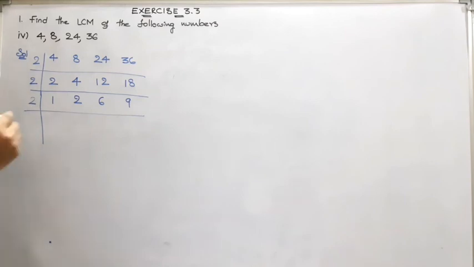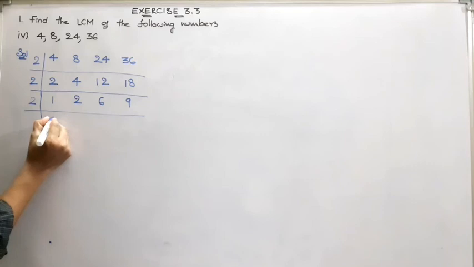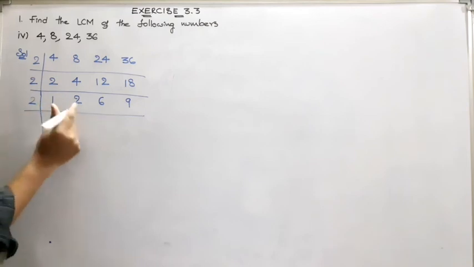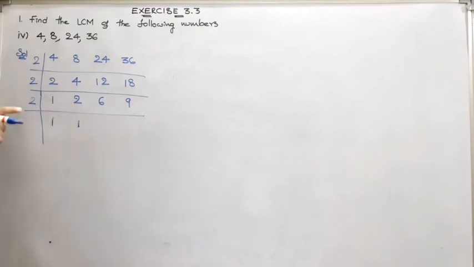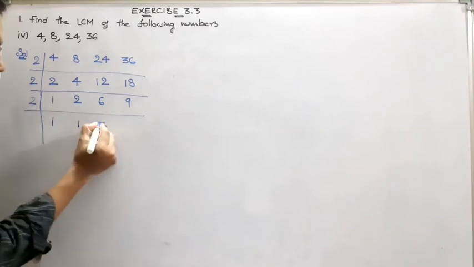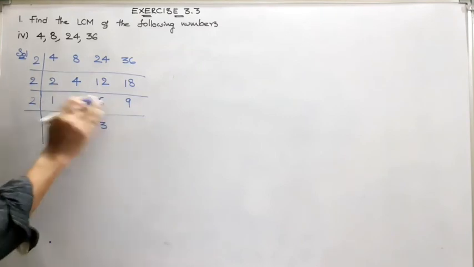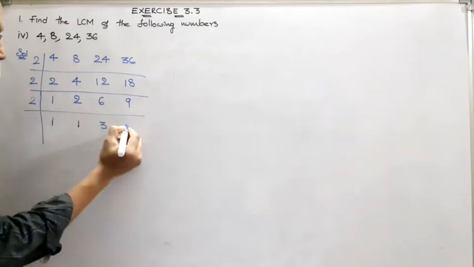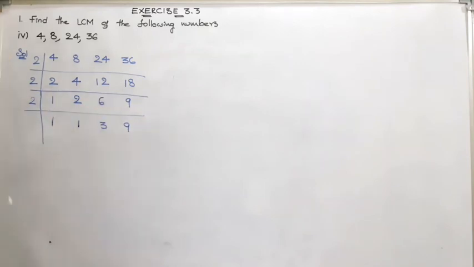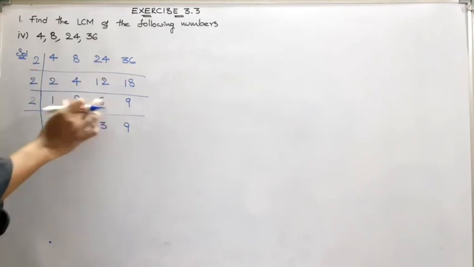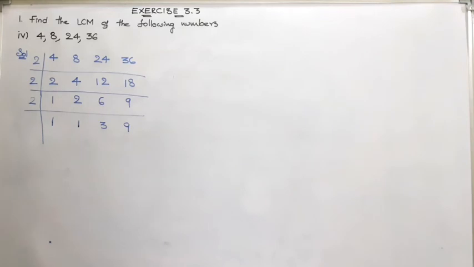Now look at the procedure carefully. So 1 you write as it is, 1. This one I am writing here as it is without making any changes. Now 2, how many times is 2? 2 ones are 2. And 2 threes are 6. As we can't divide 9 in 2 table, I will stop here and write 9 as it is, because as we have 4 numbers, we took any 2 numbers for cancellation, children.